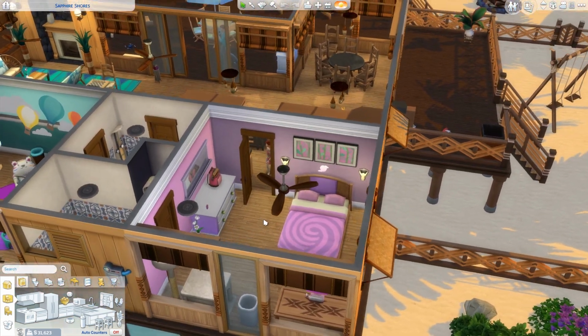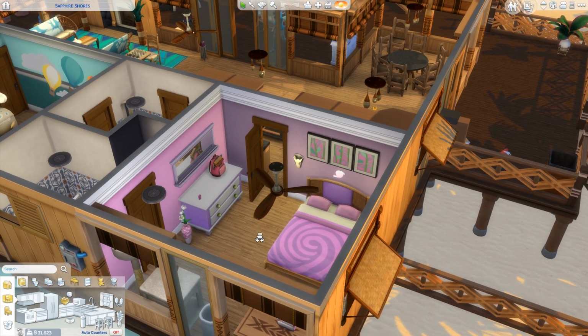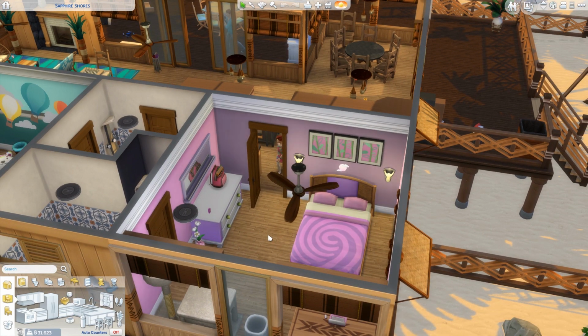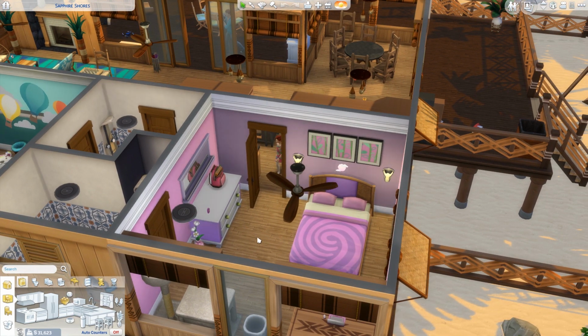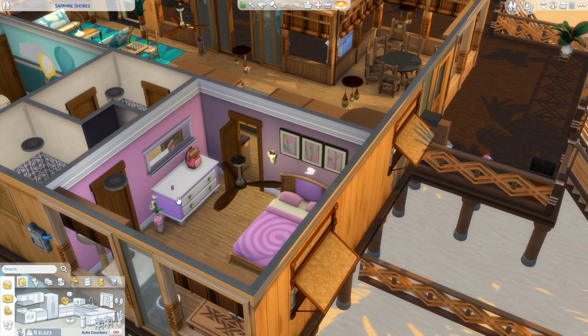So here's the first bedroom, which is where our Sim's sister, who is a child, sleeps. I used the bed from Island Living, and then I picked pinks and purples on the walls to go with the bed. And the dresser is just base game. Fun little